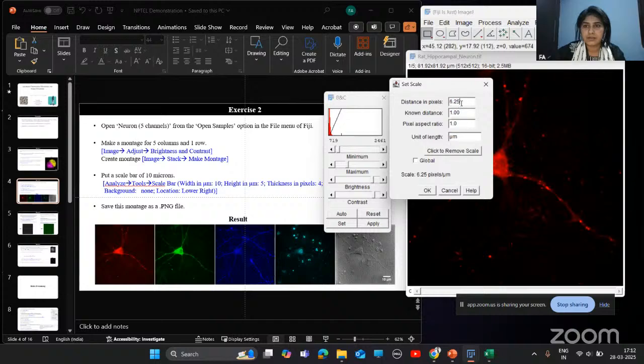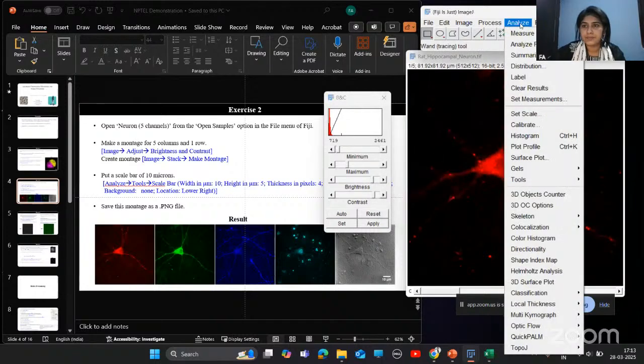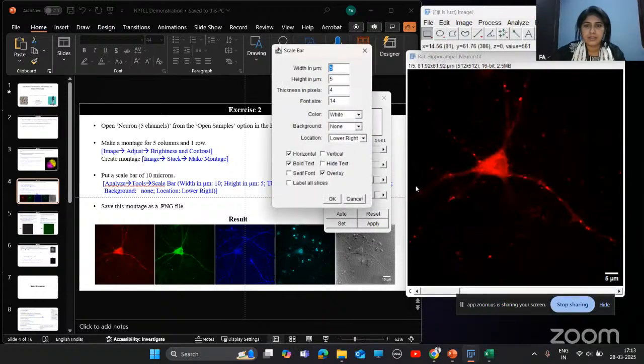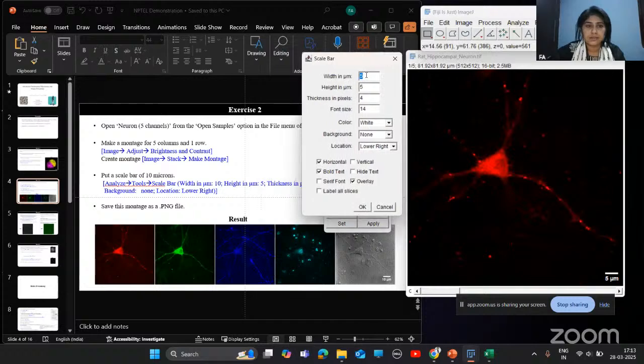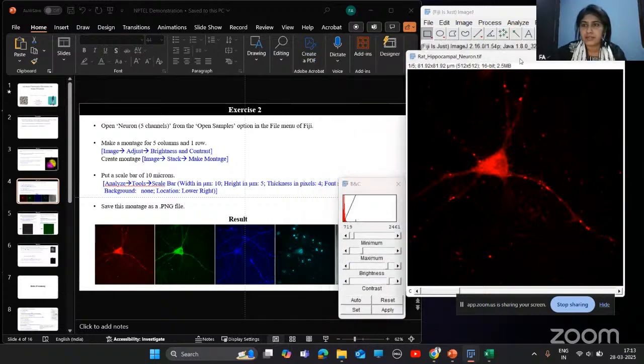And then we'll go to Analyze, Tools, Scale Bar. But first we'll create the montage, then we'll put the scale bar.